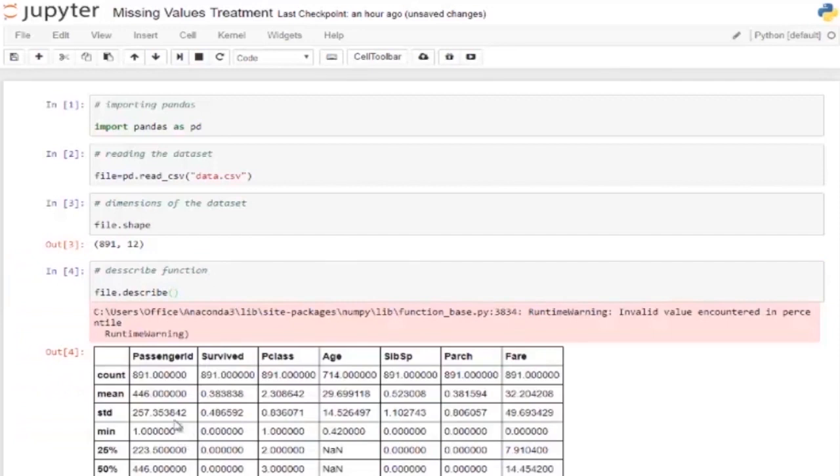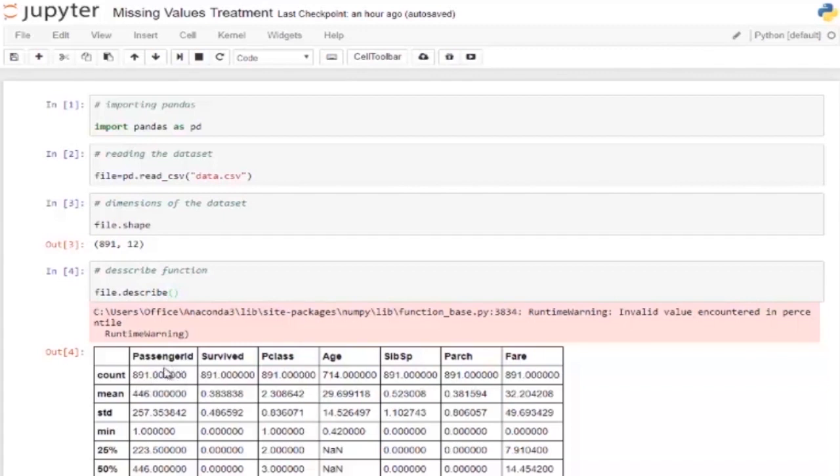So here we can see that the describe function has returned some properties like count, mean, standard deviation, etc. But what we are more interested in for identifying the missing values is this count property. So how can it be used? We'll be using this in conjunction with the shape function. Since there are 891 rows, these rows must be consistent across all columns. And this count function gives the number of rows read for each column.